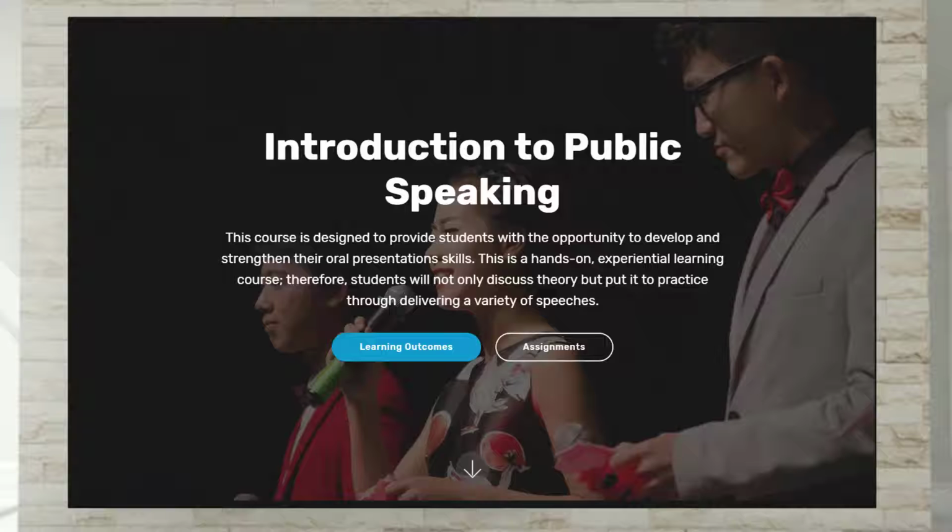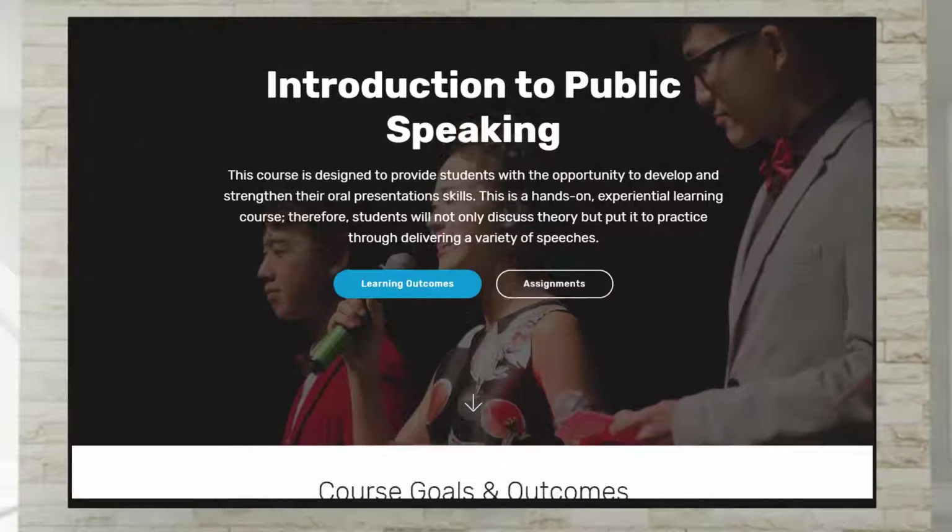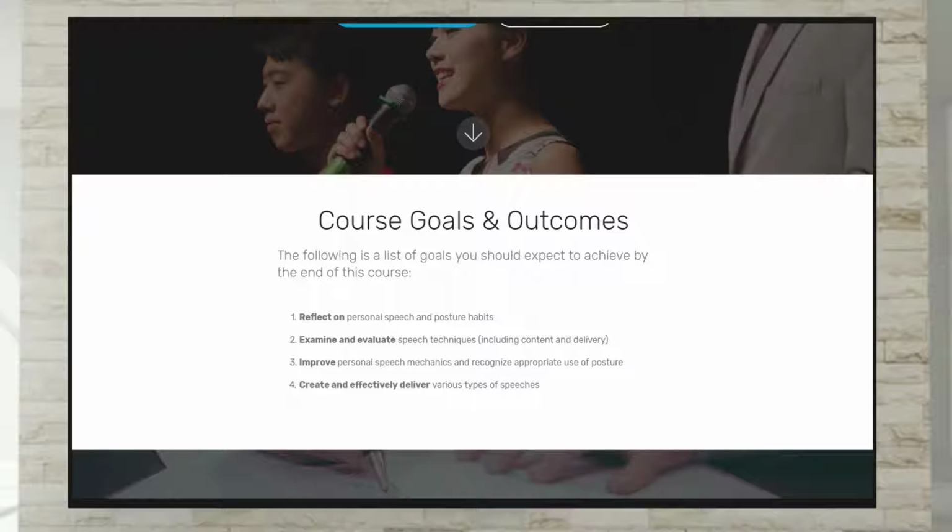Let's take, for example, that you're teaching an introductory course to public speaking. What are some goals or outcomes you would want your learners to achieve by the end of your course? Well, some things that come to mind are reflect on personal speech and posture habits, examine and evaluate speech techniques, including content and delivery, improve personal speech mechanics and recognize appropriate use of posture, create and effectively deliver various types